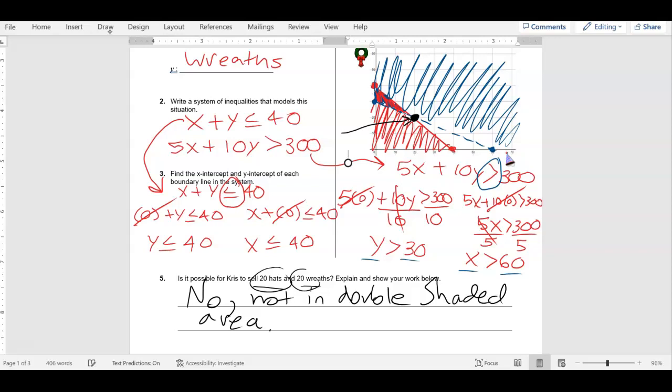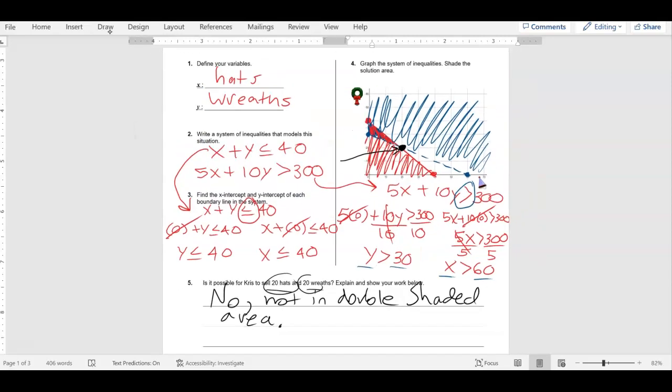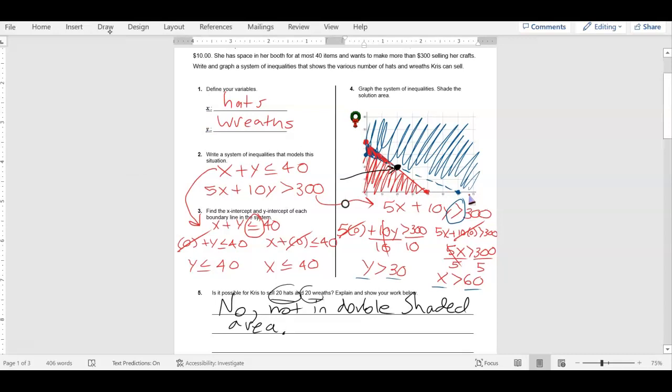Okay, do y'all kind of get how to do that? Now, I know there's a ton of steps. Take the words, make inequalities, take the inequalities, get the intercepts, graph them, plot them, find the double shaded area, see if it's the solution. After all that. Okay. Now, we're not gonna beat this to death. I'm gonna show you another one, and I'm gonna call it we've covered it, because I want to hand you the review and let you have plenty of time with that.